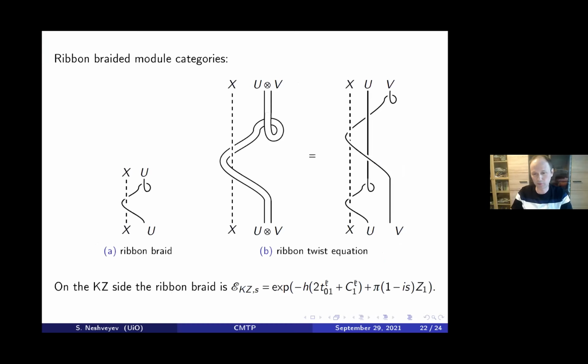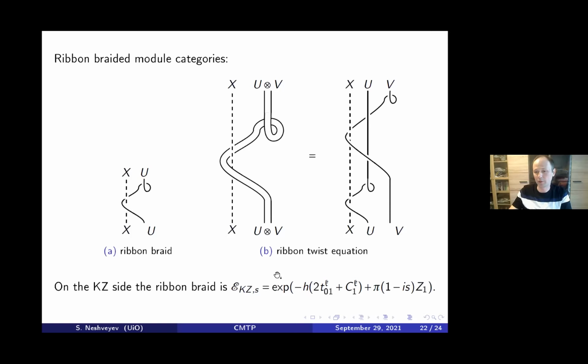So similarly to the Drinfeld-Kohno theorem, we now have two nice pictures. One in terms of generators, these Letzter coideals. The other one in terms of the monodromies of KZ equations. And by the way, how do these ribbon braids look? Similarly to the original situation of the Yang-Baxter equation, the universal R-matrix has a rather complicated form. And similarly here, on the Q side, this ribbon braid has a complicated form. Actually, the good form is not even known, so it's more like an existence result. While on the KZ side, the formula is very simple.